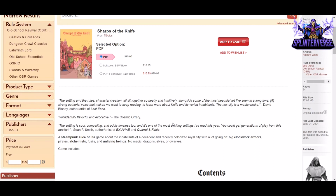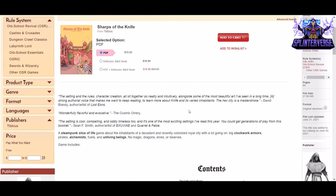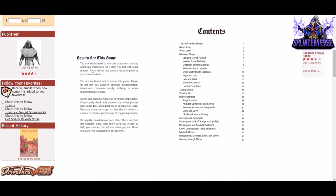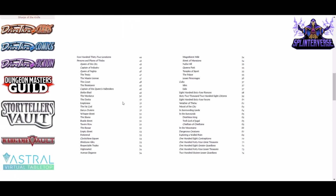The setting and rules of character creation all sit together so neatly and intuitively alongside some of the most beautiful art I've seen in a long time, with a strong authorial voice that makes me want to keep reading. So this is a quote by somebody who's read the book. Some other good quotes here, but you can see how to use the game, and then all of the table